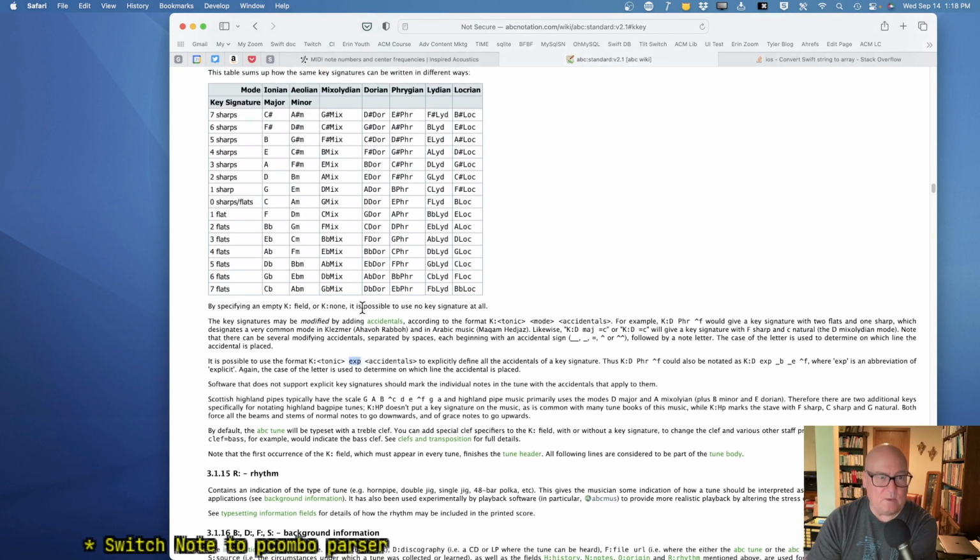All right, so we can take... Let's start with the simple form. It's a key, and it's got a tonic note, and a mode, and accidentals. Okay, now,